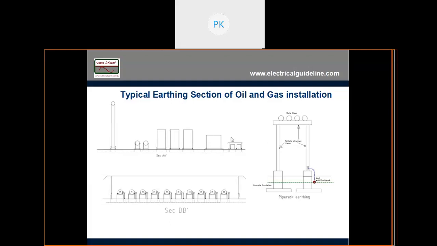If the diameter is big, you will have four earthings instead of two. All those things are given in the specification, like in India, you have the EIL specification. You can go through that. Then this pipe rack earthing also, see here I am earthing this to the earth grid, so it can be a joint, can be welded or exothermic.